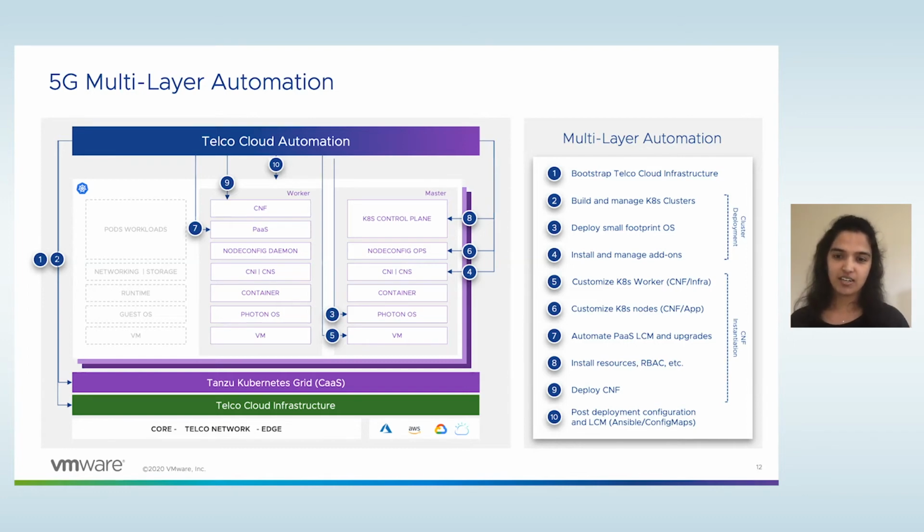So here, as you see, it's not just the network services or network function automation that's being done. Right from the SDDC layer, from scratch, you can build up the SDDC as well as the CaaS. CaaS can be built using TCA, and the various customizations required for each of these network functions and network services can be automated end to end, so that you have these network services deployed in a matter of a few minutes, instead of going through each of these layers one by one. So let me go over to the demo and go into each of these sections and show how it can be done in the product.